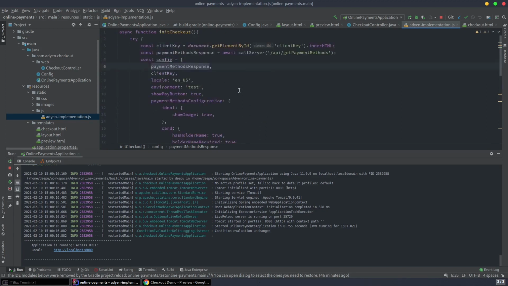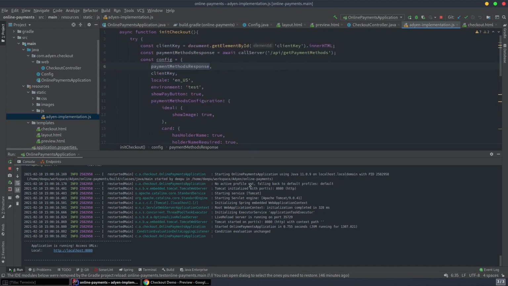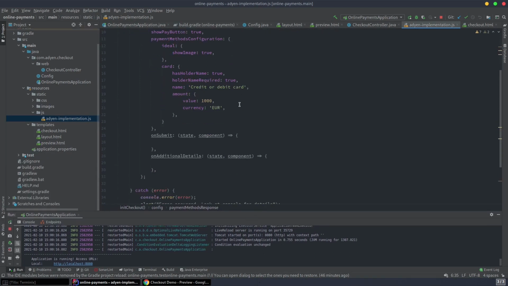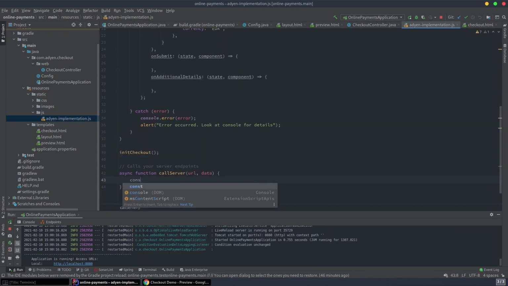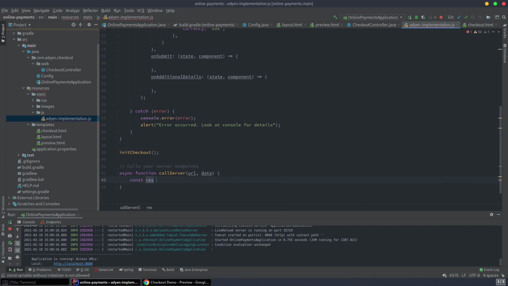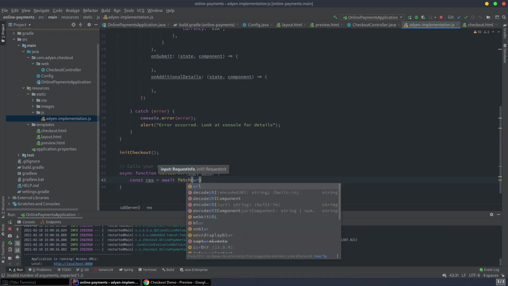Now let's go ahead and fill in these blanks because we made some assumptions. So let's go ahead and make those assumptions real. So the first thing that we would need is a call server function. So let's say we have this async function that can do a REST API call using the fetch API. So let's say await fetch, and the URL that we pass,